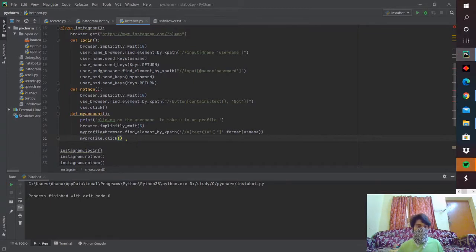So I've just placed the same thing. So the print statement is nothing. So the browser waits for 5 seconds. So I've used format because if I send the algorithm to anyone, I can't be changing it according to their username. So I just used format. So format actually replaces these brackets with the username. That's it.